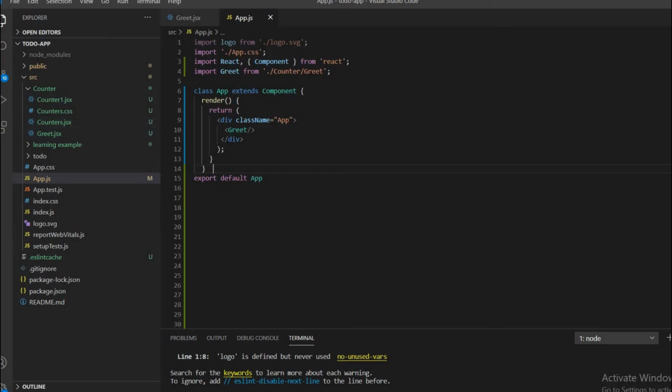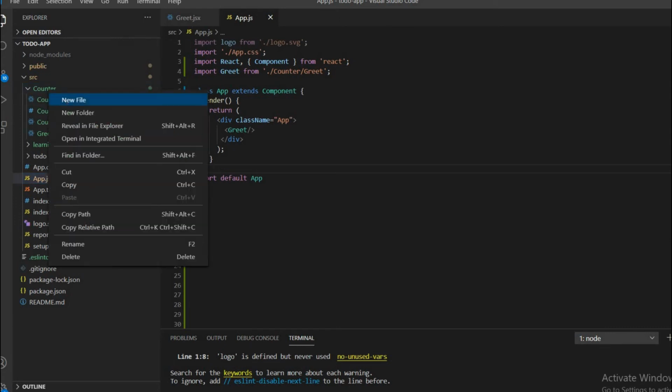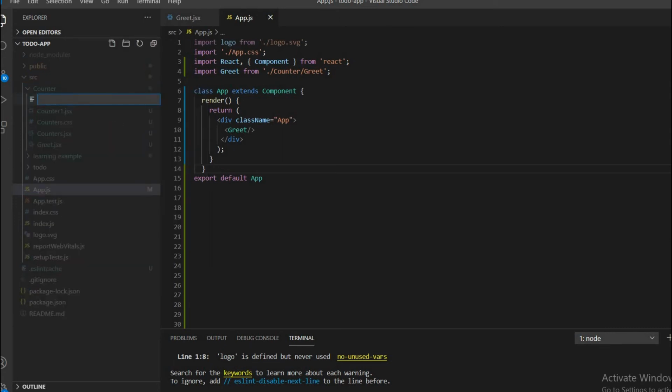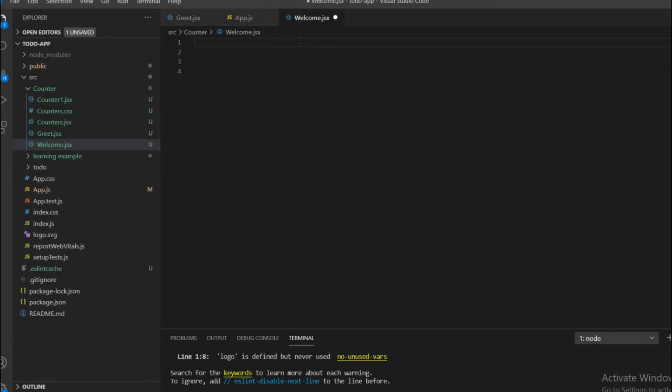Let me create a file called Welcome.jsx inside the counter folder. Whenever you create a class component, we need to include two imports: first React, and second the Component class from React.